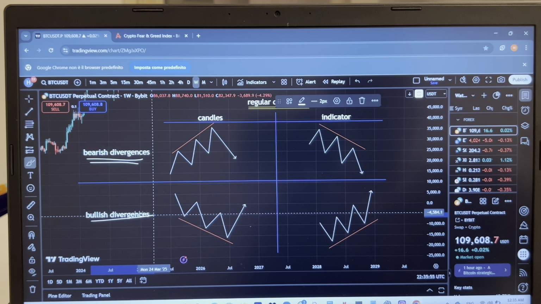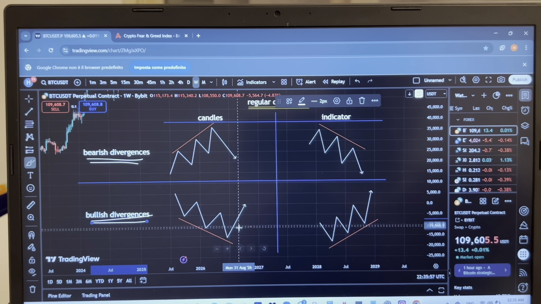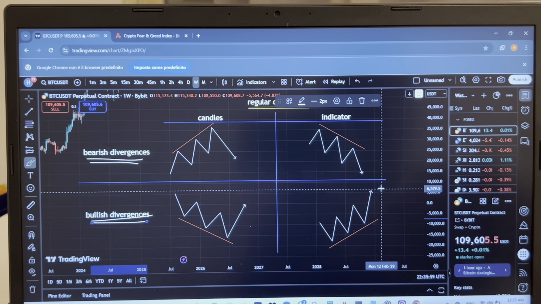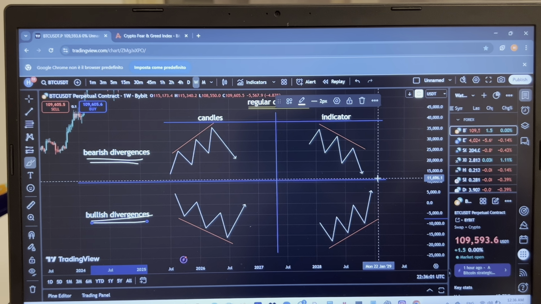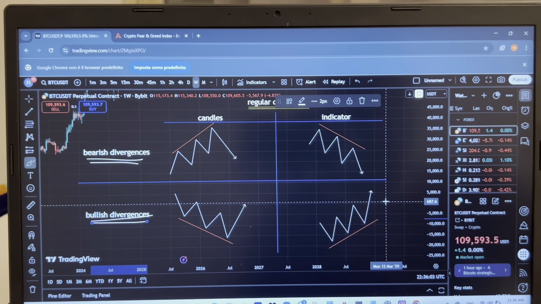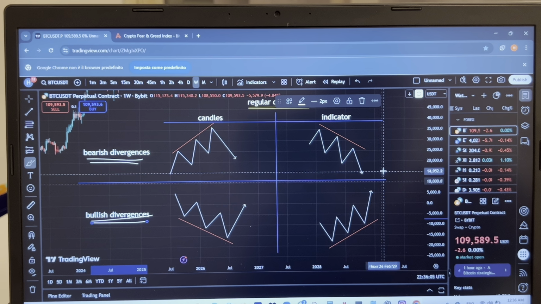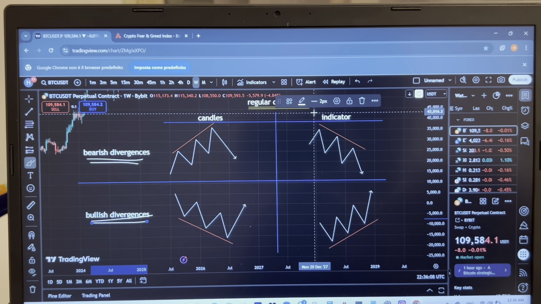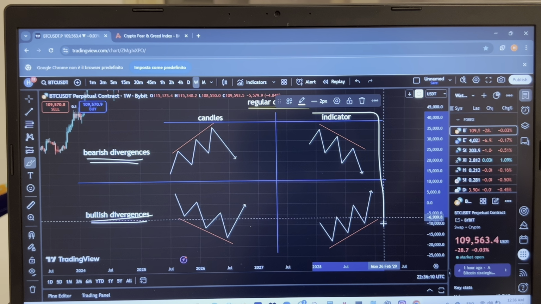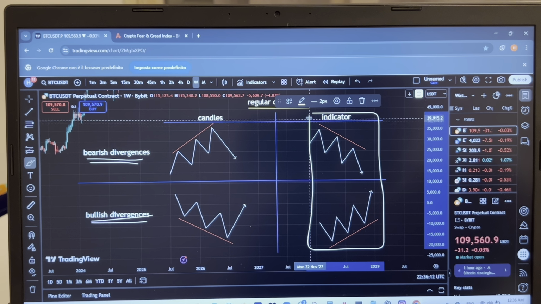And that means eventually the market will respect the indicator's movement. It will eventually become bullish. So this indicator's path